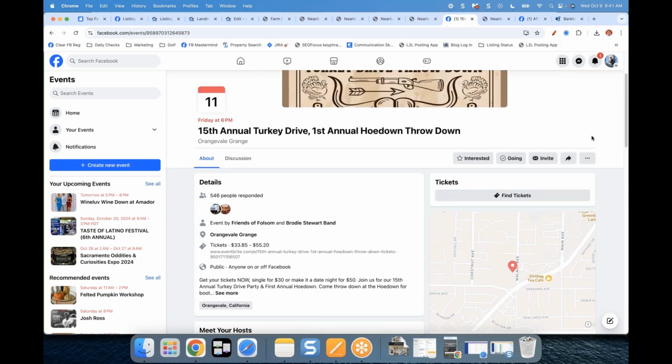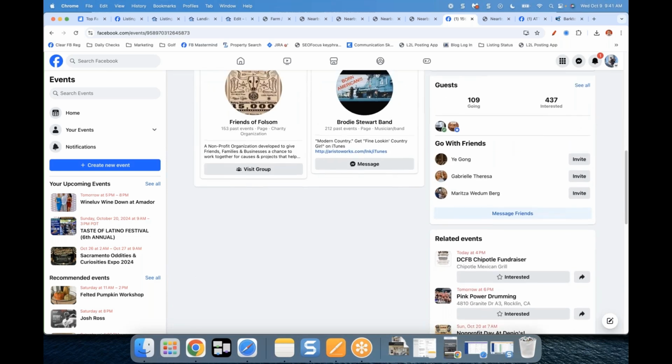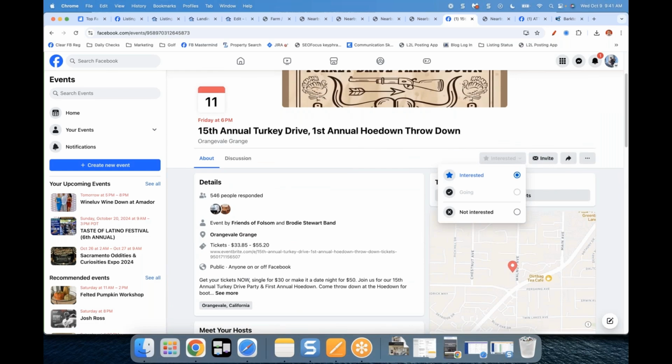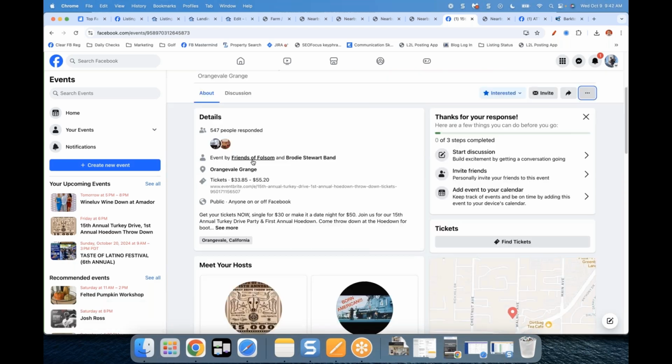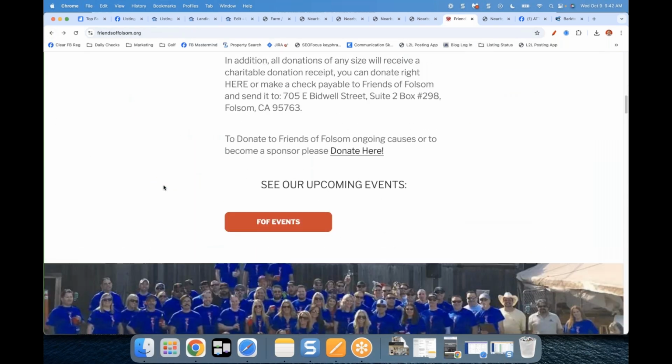You know what I might do? I might see where I can send a message, and let's see if I can find out how to send a message. Then let me see here if there's a message organizer. Friends of Folsom and Brody Stewart Band. I'll go back to the website and I'll reach out to them. What I'm going to do is call them up and say, hey, my name is Scott Pierce. I'm a local real estate agent, and I saw that you have an event on Friday, and